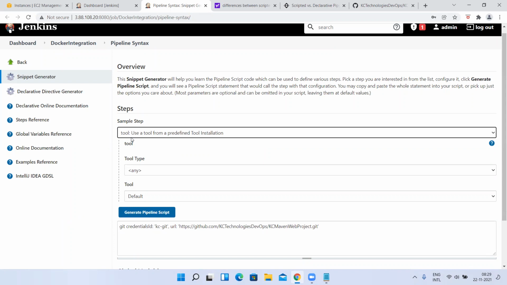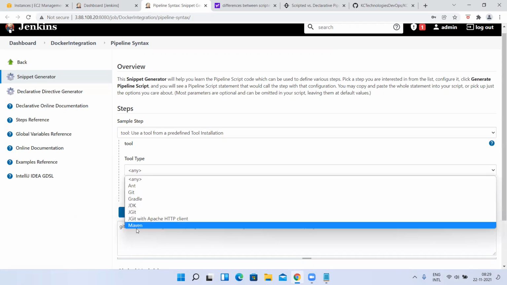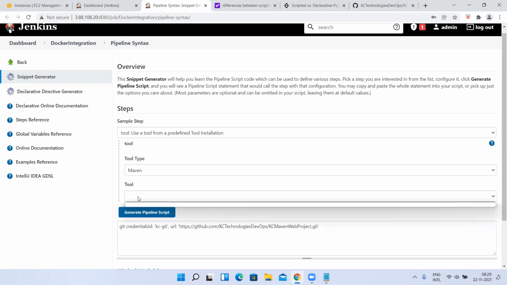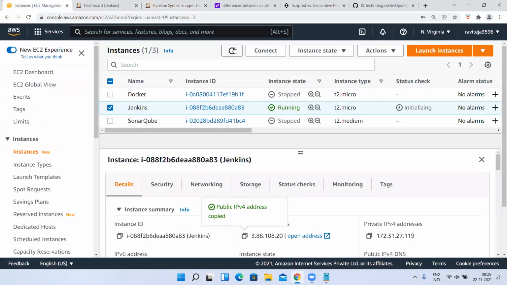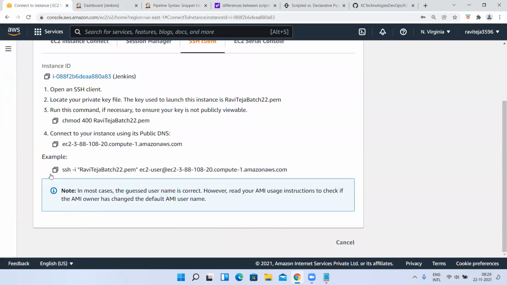the path, right? For tools, the Maven home directory will be set. Like that, whatever we have set, it will show here. So what is the tool we need? Maven. But so far I haven't set anything in the global tool configuration. That is the reason it is not showing anything. So let me connect to that, get the path for global tool configuration.